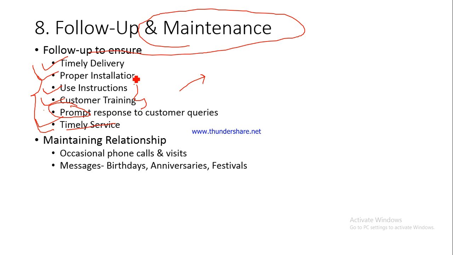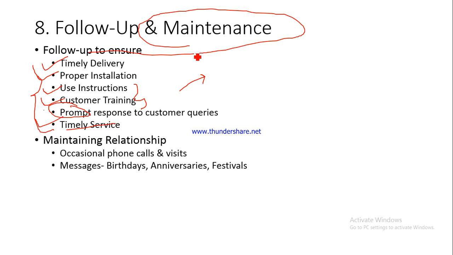Maintenance is, you are not going to sell just this product to him. You are looking forward to his lifetime purchases. For example, if you have sold him one car, maybe after 10 years or maybe 7-8 years he would want to get his car replaced, or maybe he would want to upgrade to a higher model. So you are looking at that prospect also. You are not looking at this one purchase only, you are looking at the customer's lifetime purchases.